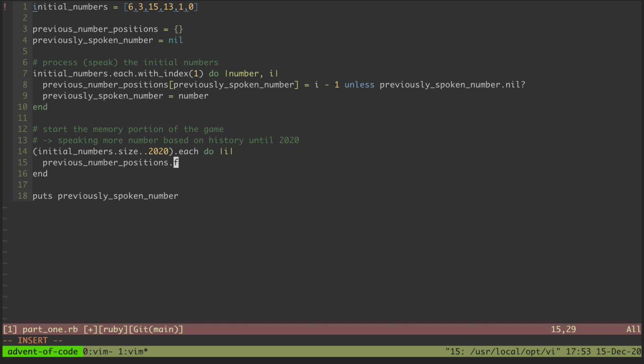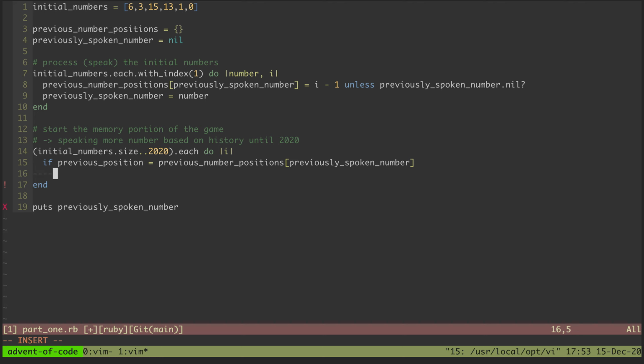I really don't need to fetch that out. I can just grab it like this, previously spoken number. And so if we have a previous position, then we can